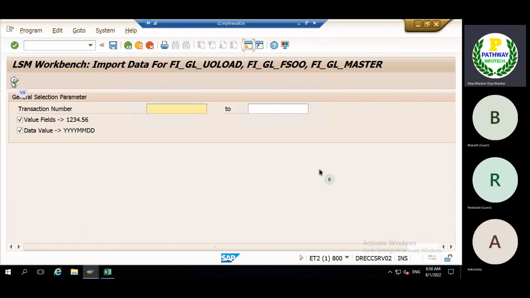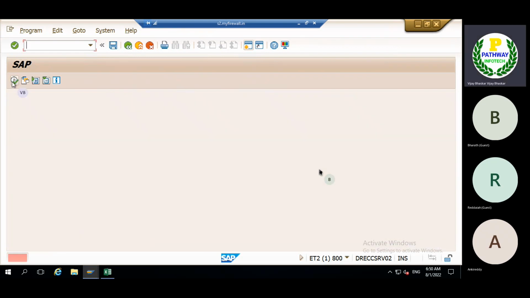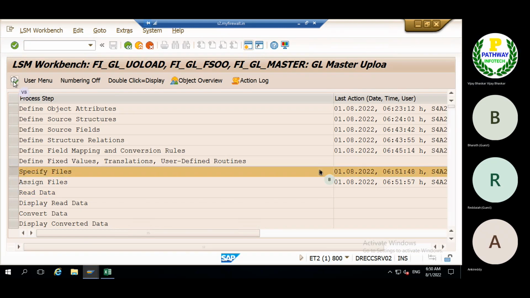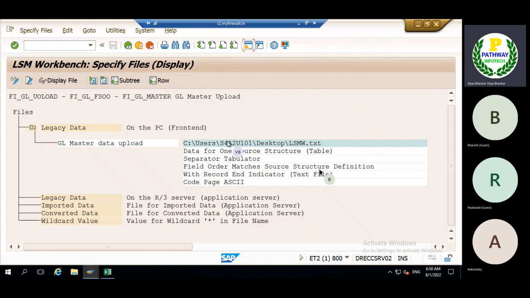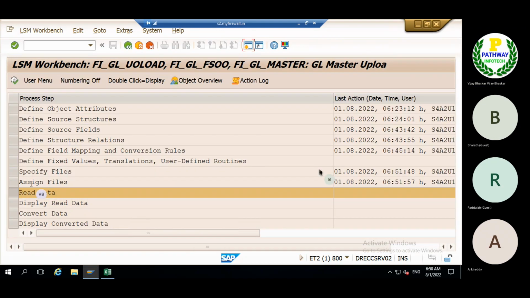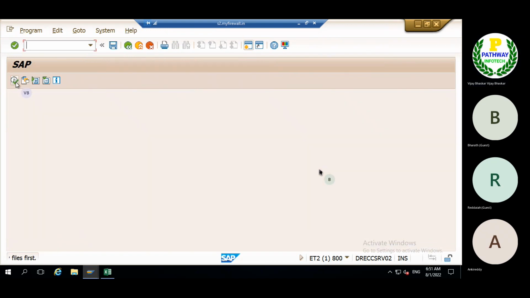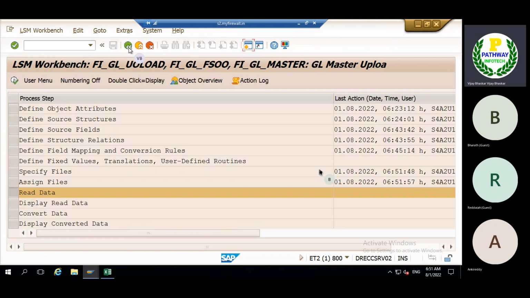Now we will come to know if the system has any error. First specify the file. Why is the system not reading? The files we have already uploaded, this is the file. Read the data. The system is not reading. Specify the file first.